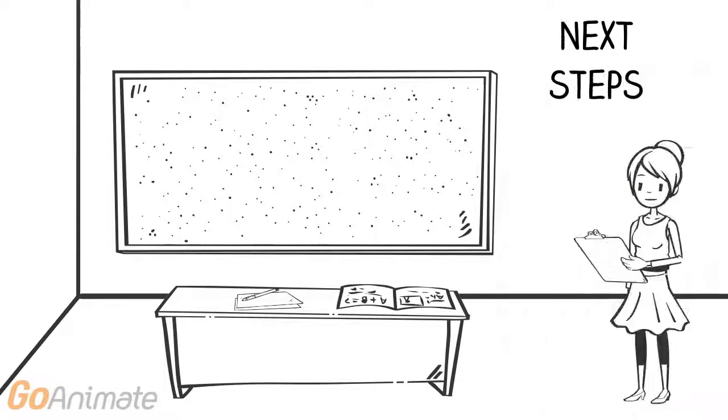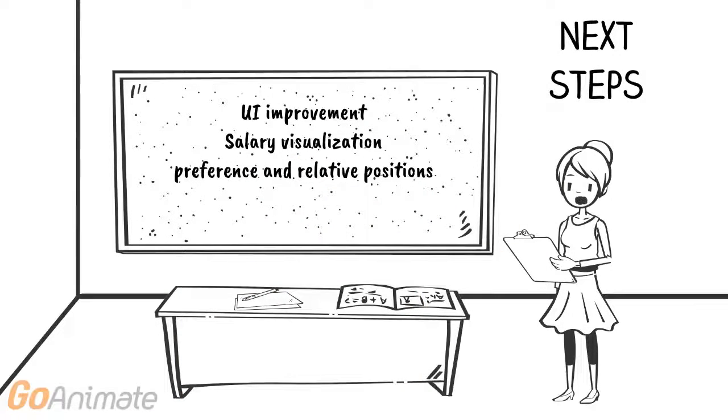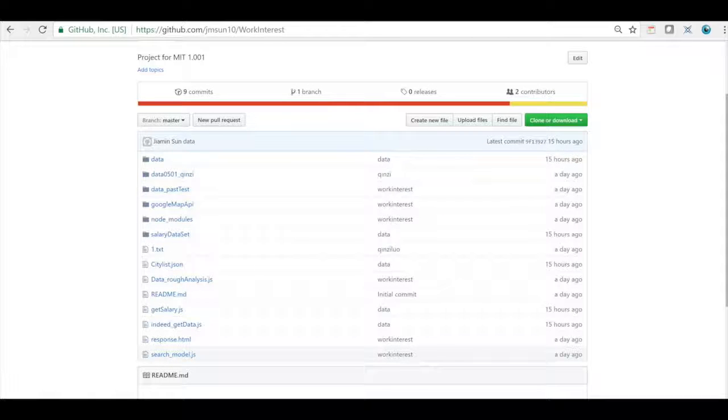Our next step is to finish the user interface. Also, we need two more functions. First is a top salary display. Another is that if the users are interested in a certain keyword, they can click on the name and get to another web page listing all the positions related to that name. Also, this time we published all of our work on GitHub. Here are all the working documentations.